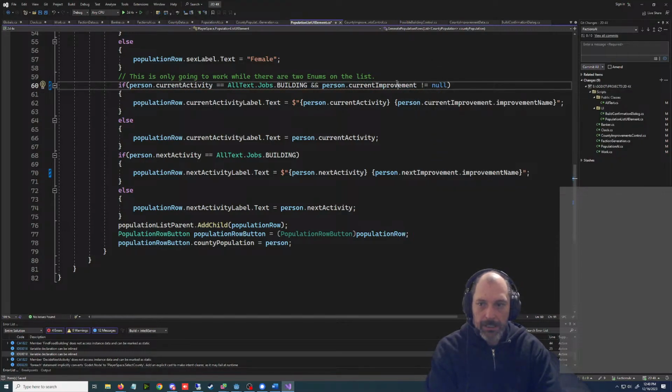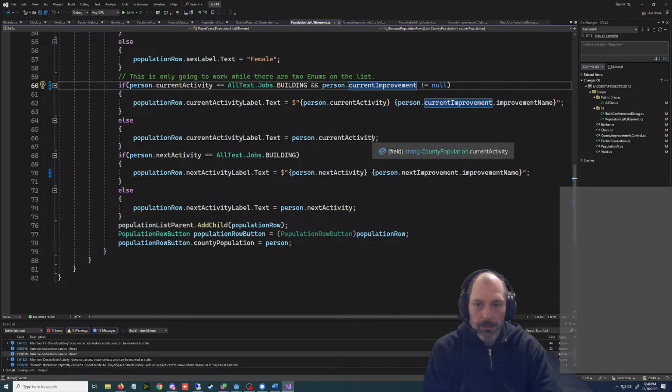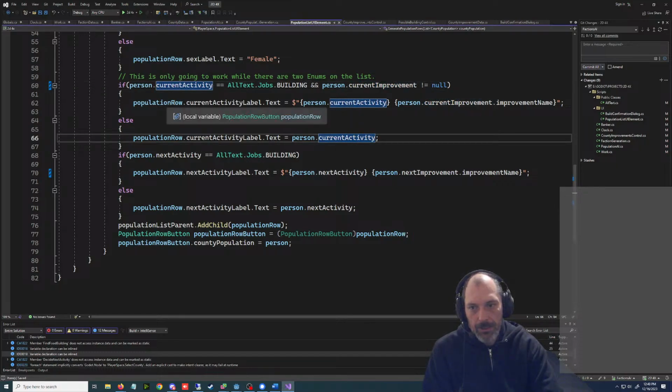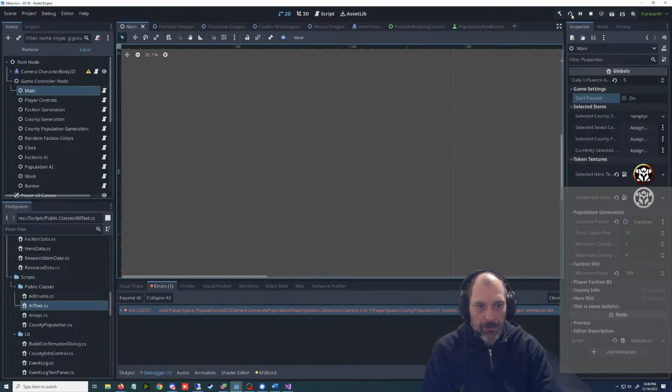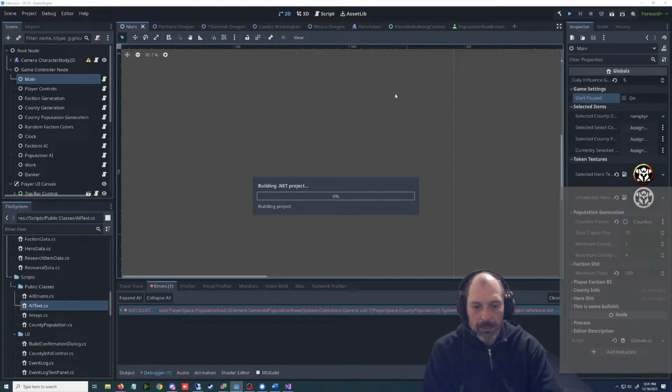There was a way to put this in here. No, I don't know. Fuck it. Who cares? Person activity else. This is going to have to be some sort of jump thing because we're going to have to keep adding to this thing.